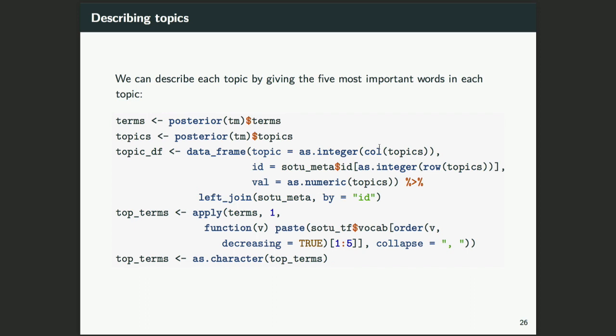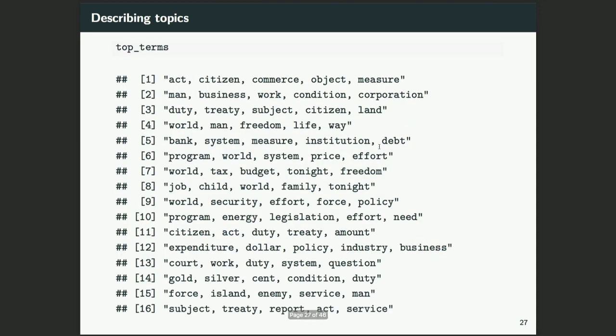And so what we're going to do here as well is then pull the 5 most important words in each topic. So part of what LDA is doing is it's going to give a weight to every word. So every topic, well, this will make sense in a second, gets a weight within that topic as well. So when we look at this, act, citizen, commerce, object, measure,